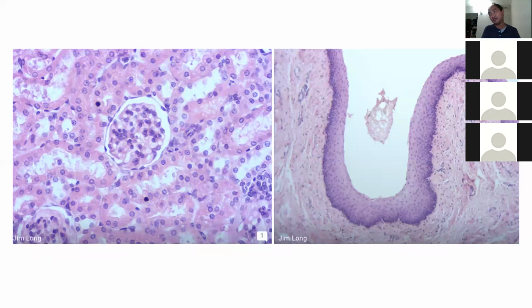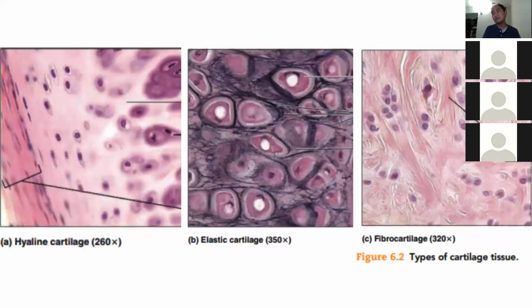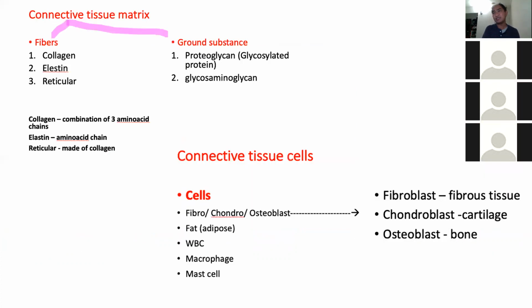This is epithelial tissue. Everyone knows it already. This is connective tissue, cell and matrix. Connective tissue is made of cell and matrix. Matrix is made of fibers and ground substances. The ground substances are